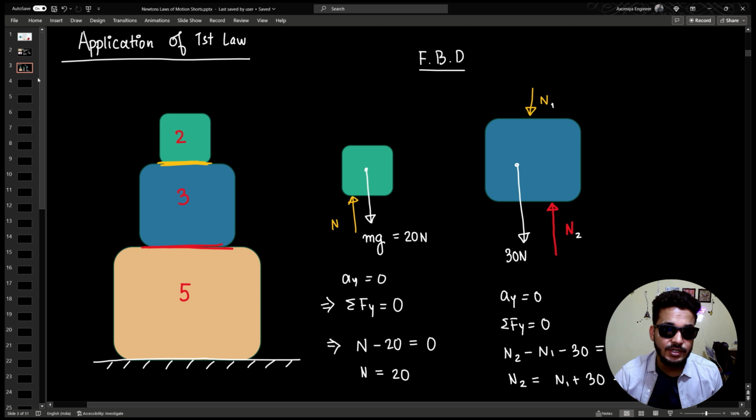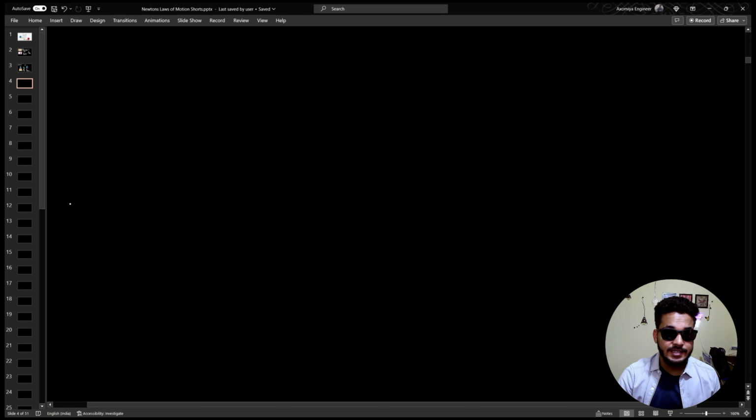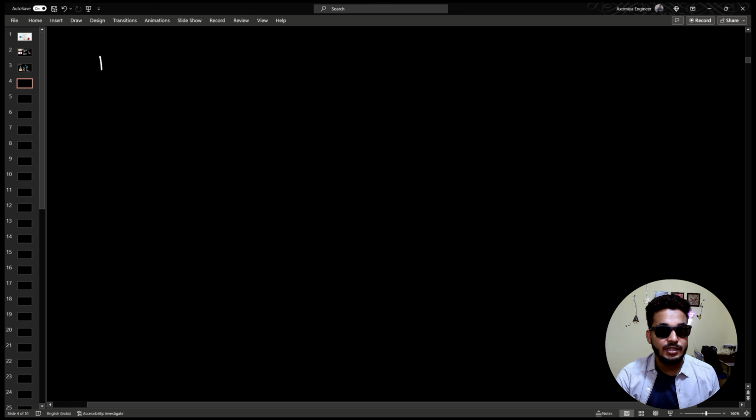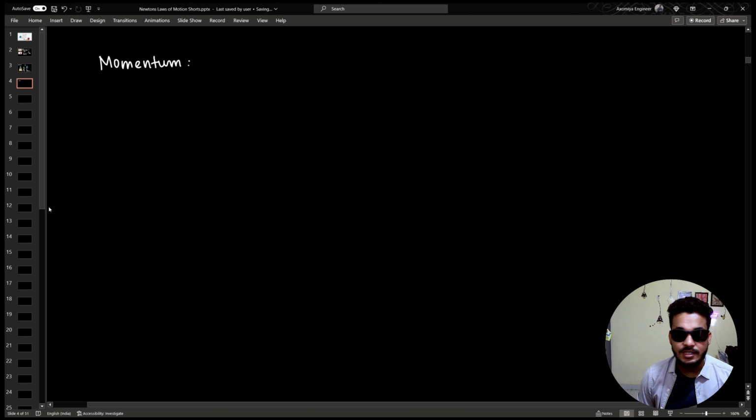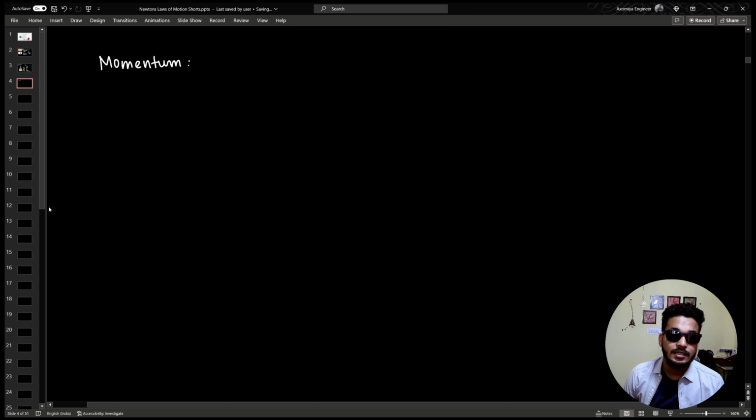Now let's move on to the next law, the second law. For the second law I need you to understand something called momentum. We have talked about inertia. Inertia is essentially something that talks about the mass. But we also need something that talks about both the mass as well as velocity, because momentum